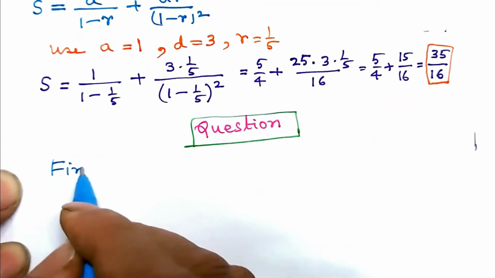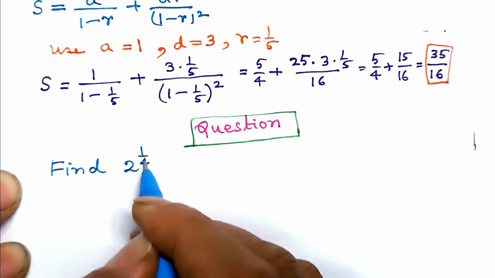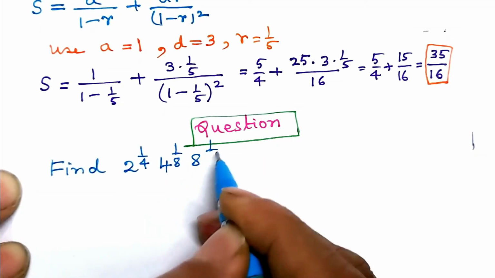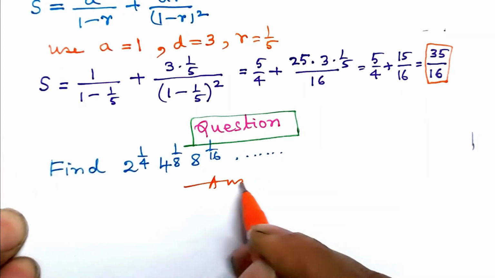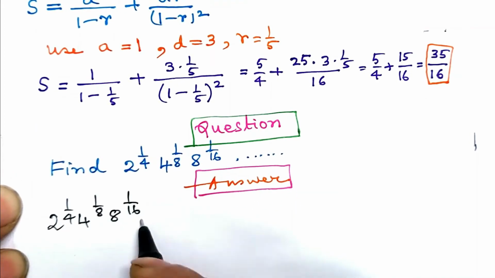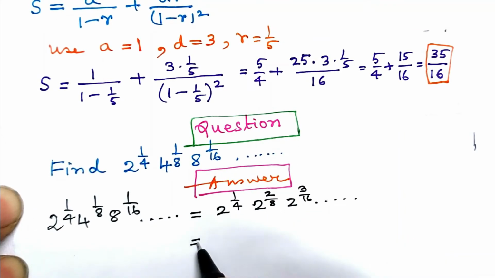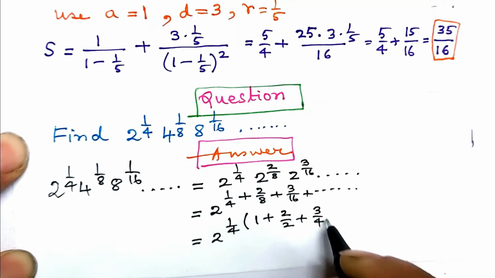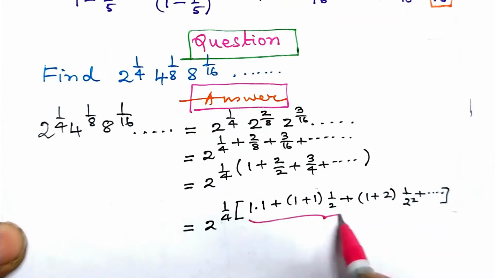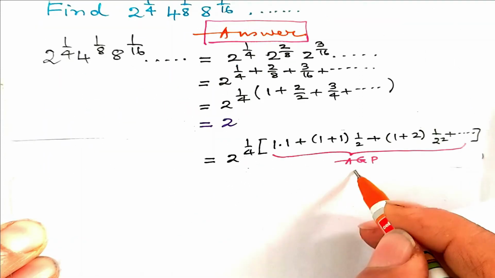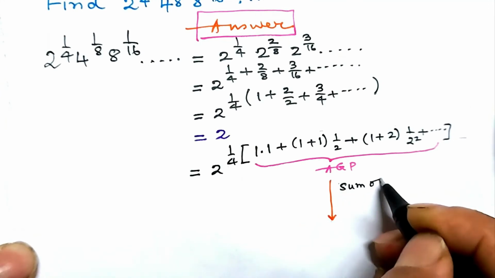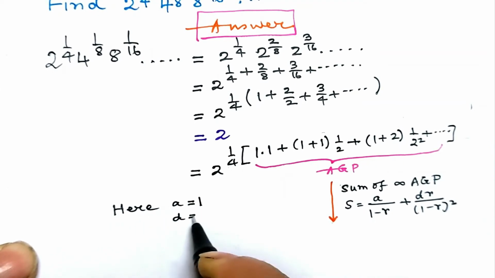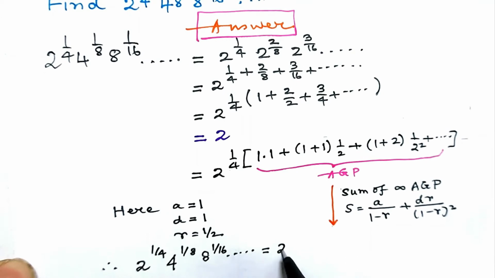Next question, find 2 to the power 1/4 into 4 to the power 1 by 8 into 8 to the power 1 by 16 and so on. The answer, quote the quantity given, add the powers, take 1/4 common to end up with a series, and it is an infinite AGP, arithmetico-geometric progression. The sum of infinite AGP is, here A equal to 1, D equal to 1 and R equal to half. So the answer we get is